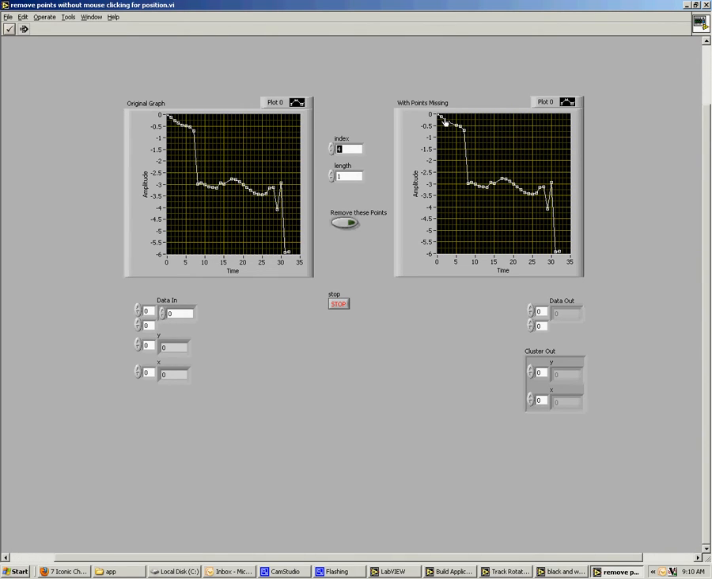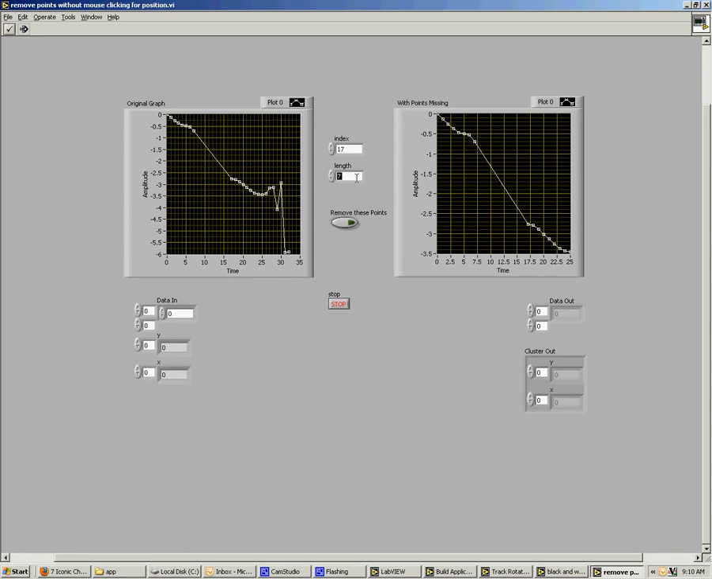So let's remove this section down here. Now there's the first one, and I'm going to increase the length. There we go. Now when I'm happy with it, I can click this button, remove these points, and this updates. Now I can also remove these points at the end by doing the same thing. There we go. Now when I'm done, I can click the stop button,